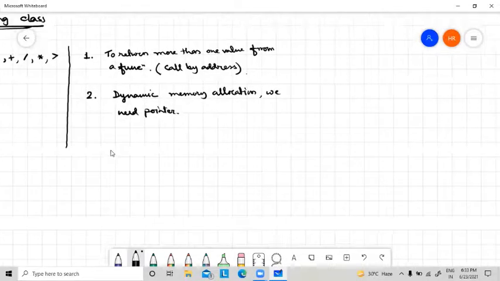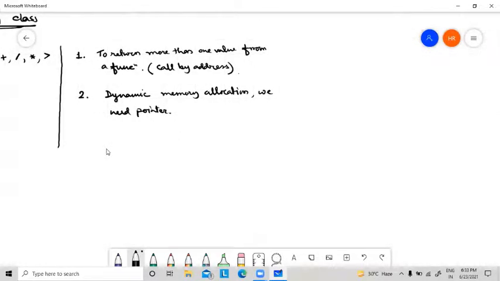Just remember, I have already told, but just a brush up: dynamic memory allocation means memory allocated at the runtime of a C program.